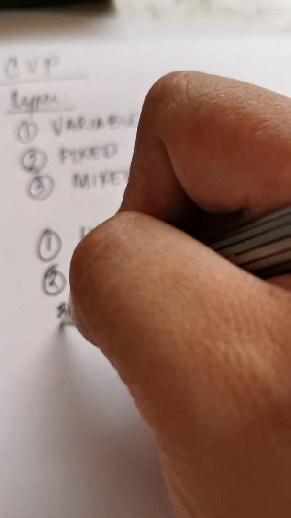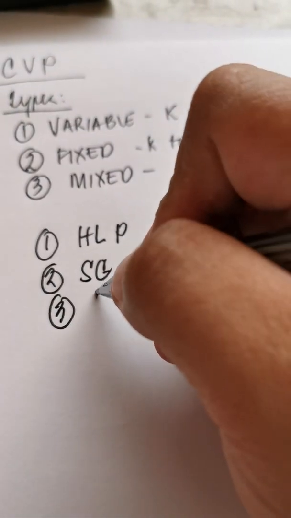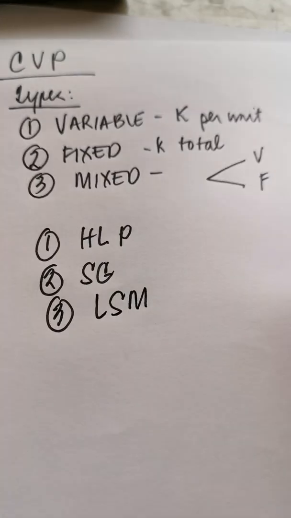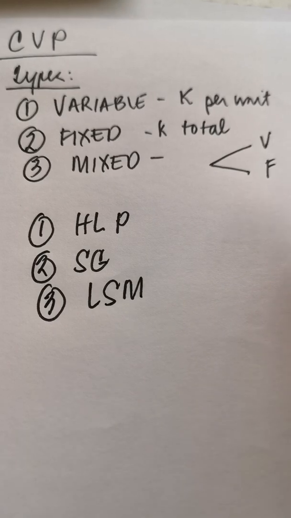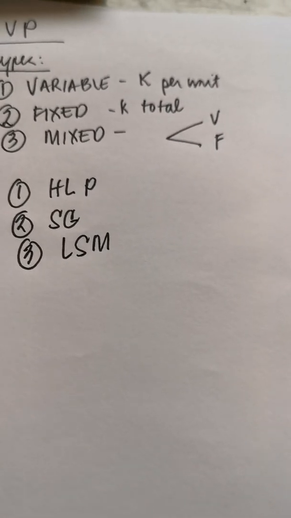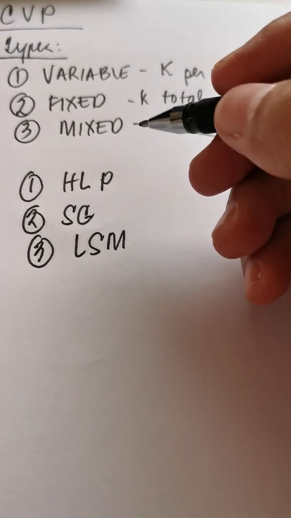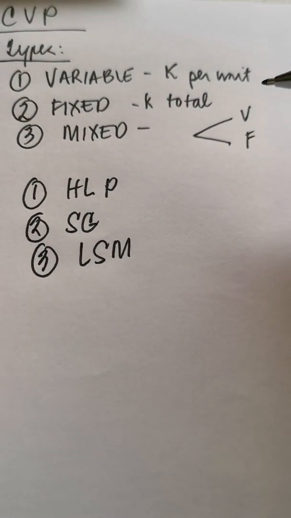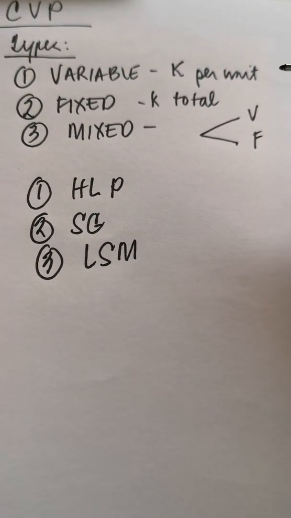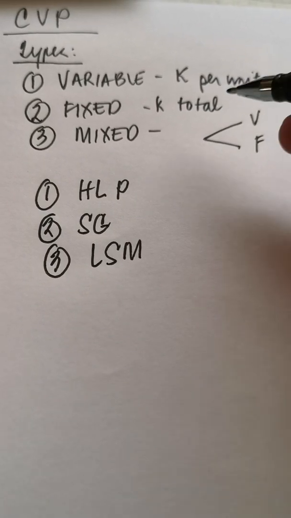Second one, we have the scatter graph method. And then the third one, we have the least square method. So these are the three ways you split your mixed cost into its variable and fixed components. But again, we will be using only the high-low point. Now, before we go any further, let us first try to show graphically the different types,